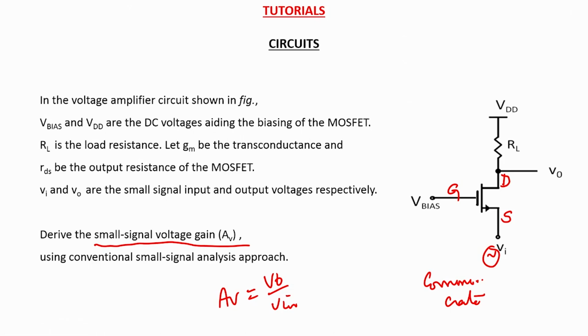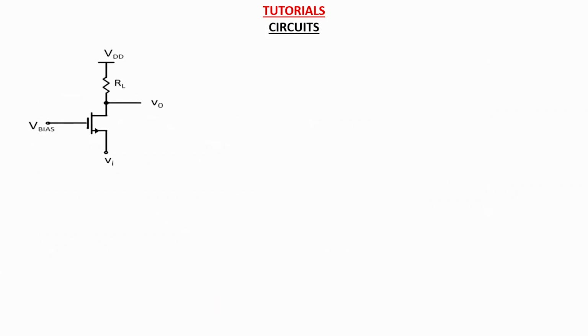And you are given that V bias and VDD are the DC voltages aiding the biasing of the MOSFET, and RL is the load resistance, and GM is the transconductance of the device, and let RDS be the inherent output resistance for the device itself, and you are asked to find out what is the small signal gain of the amplifier. So here what you would like to do is something called the small signal analysis,